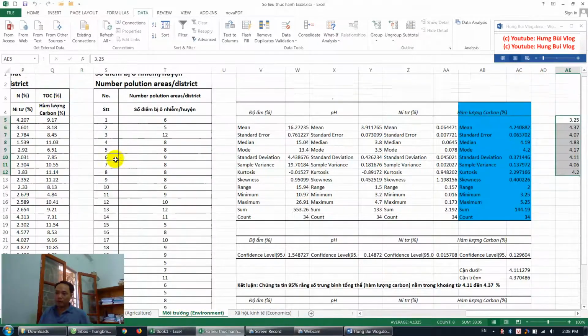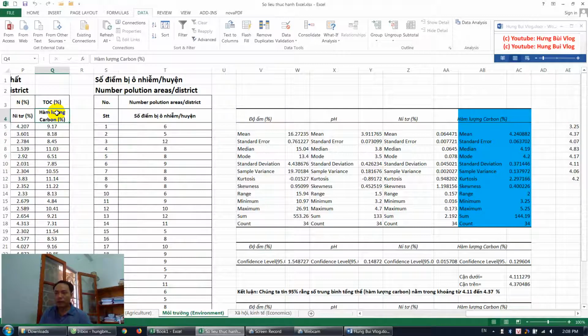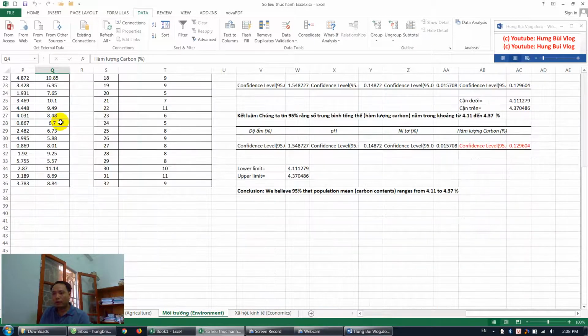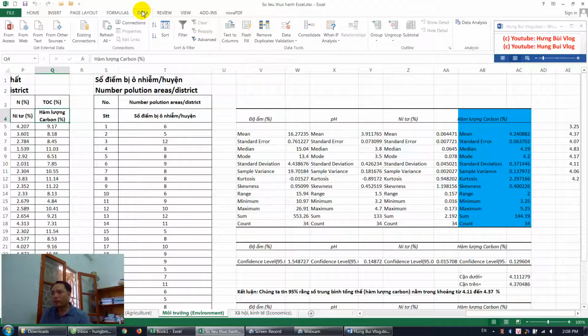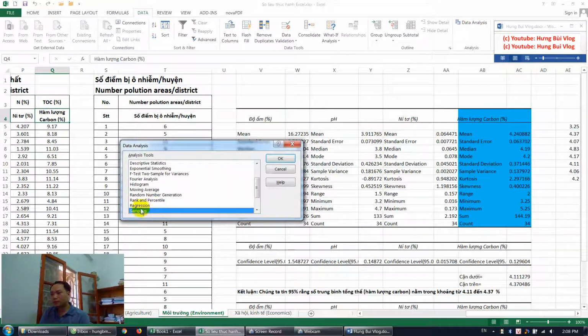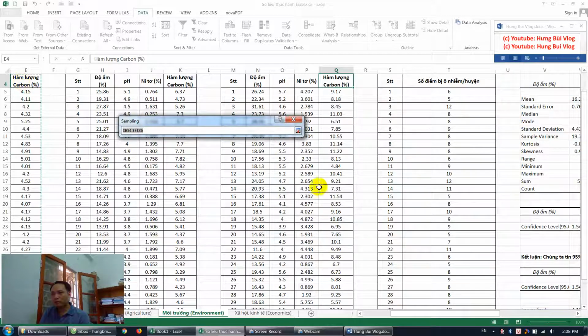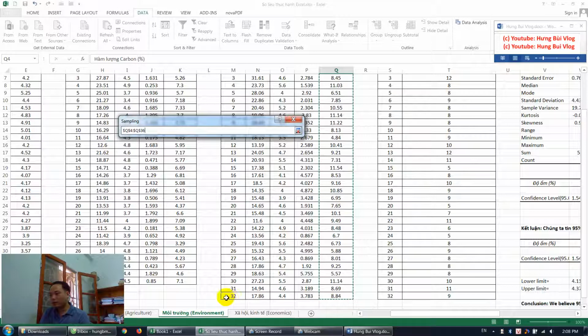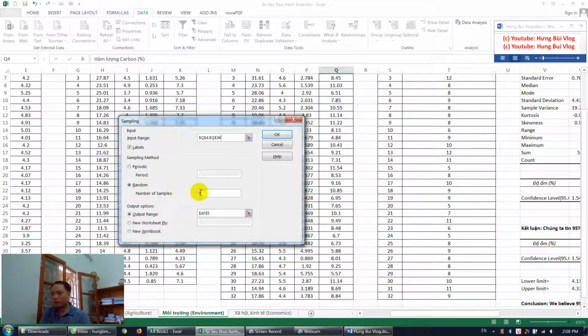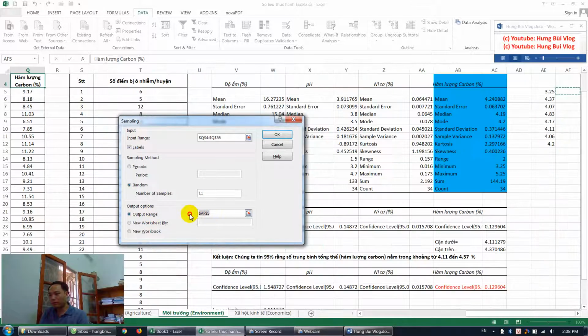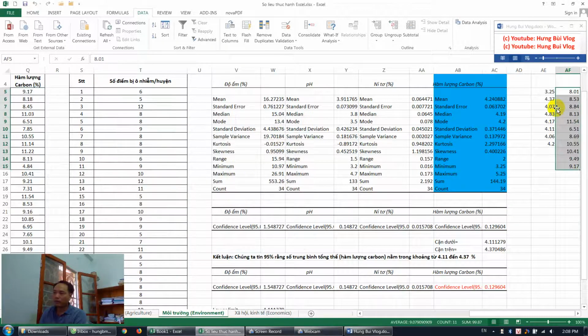Now environmental data, and it's very simple and very similar. Data Analysis, and then Sampling, and hit OK, and choose where you want, for example this. Okay, so we have 32 values, and then maybe 11, and then click on Output Range, and then choose any cell you want to put the output, and OK. So you got